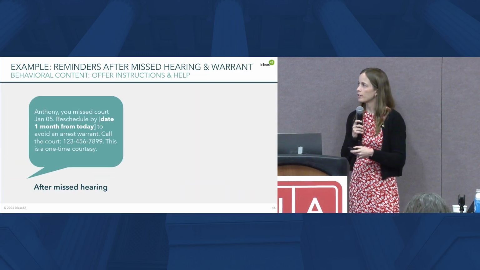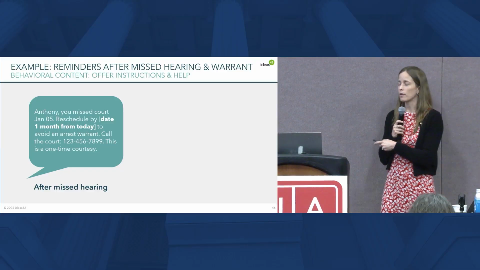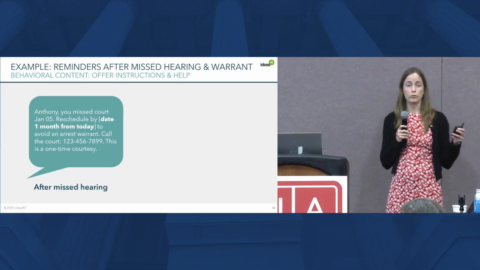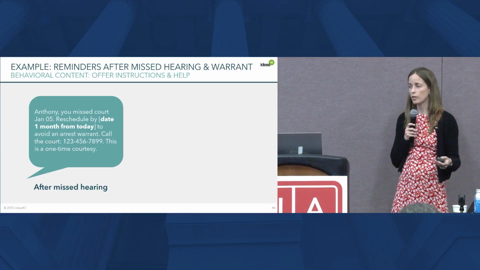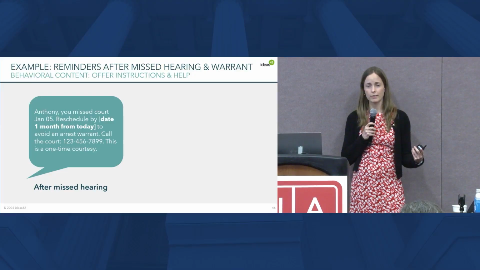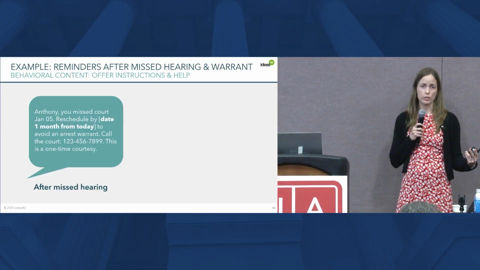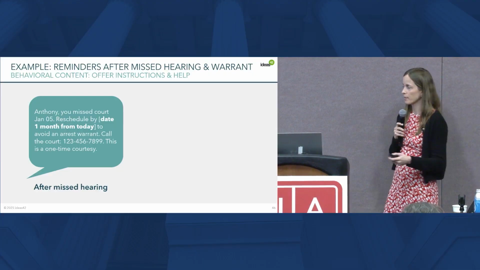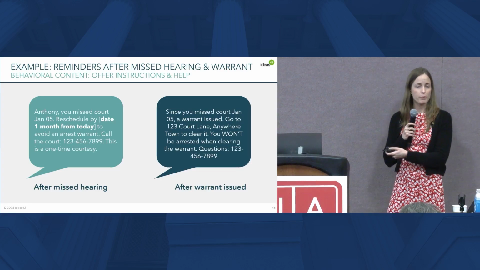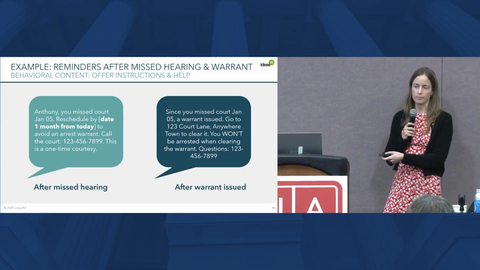All right. So it's also really important to send notifications after somebody misses court. Often people have a very small window of time to address the missed appearance before a warrant issues. So it's important to, one, let them know they missed court because people don't always realize, and also let them know what the process is to address that and avoid a warrant. And if a warrant does issue, it's also important to let people know and, again, provide clear instructions for what they can do to remedy that.